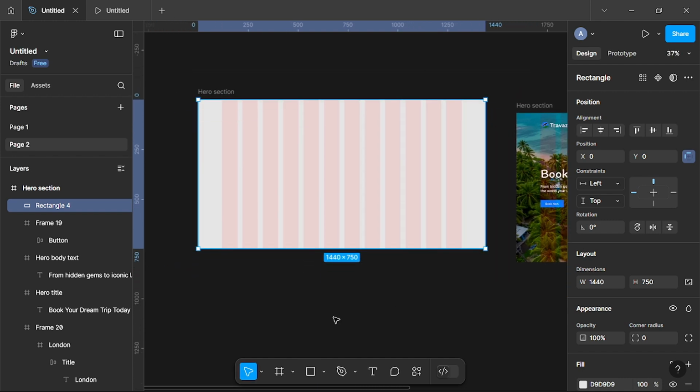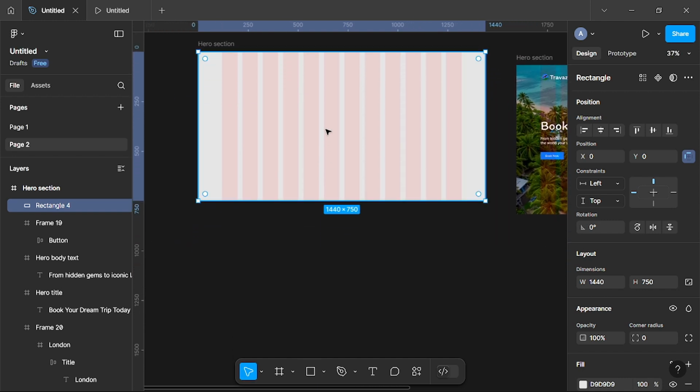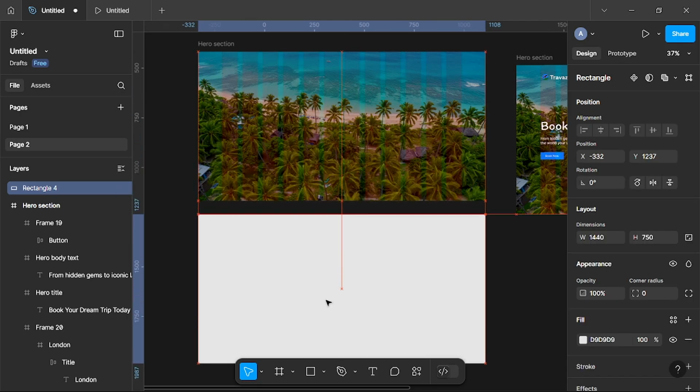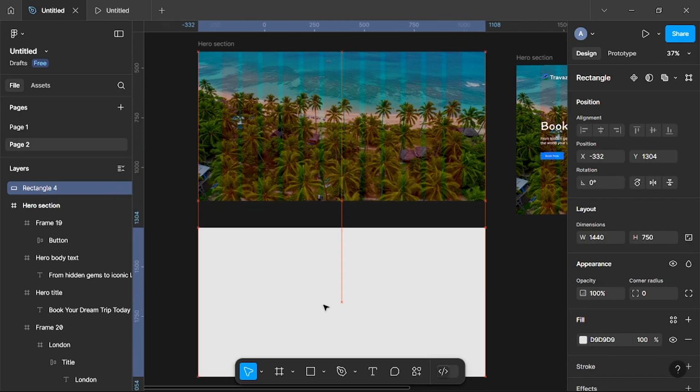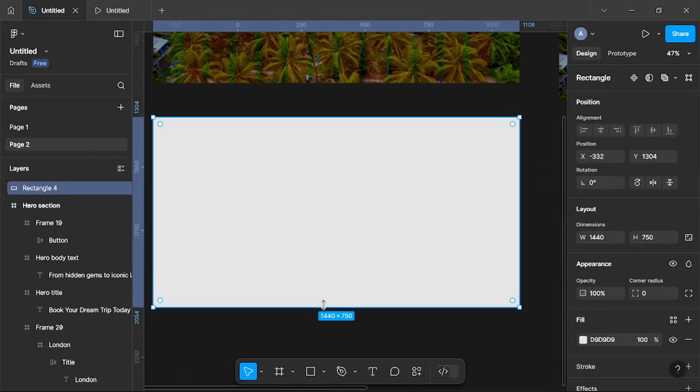So when you make sure that the shape is fit into the screen like this, the next thing you do is you bring out the shape like this. Bring it out guys, don't worry, bring it out. So now after bringing it out, now what we want to have on this shape, but before then,